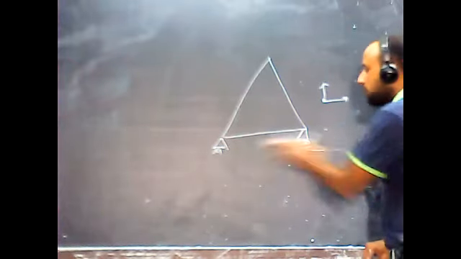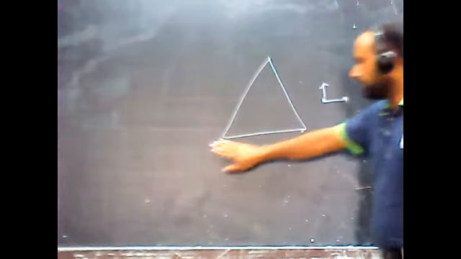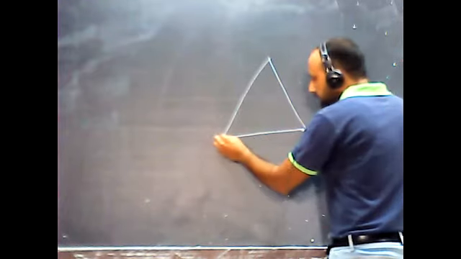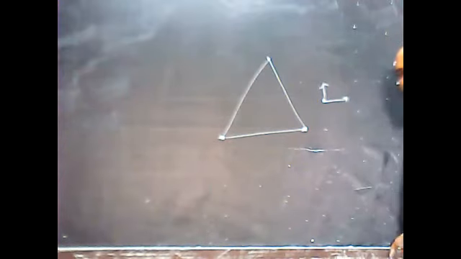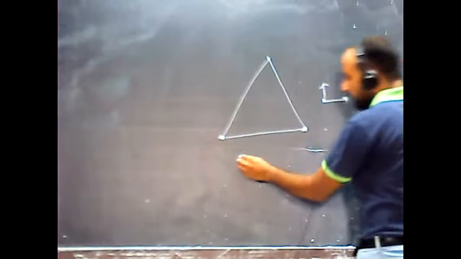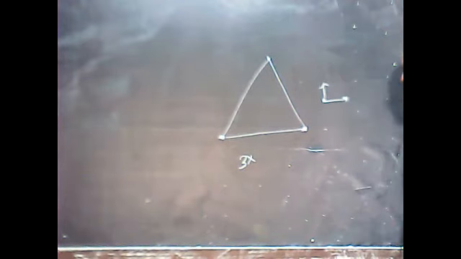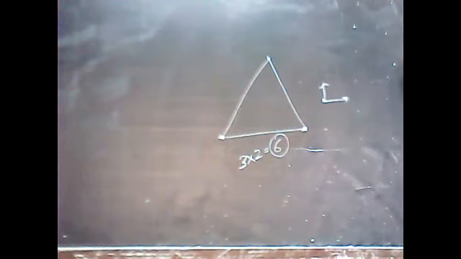So first of all, do not consider these 4 reactions. Just remove them first. Initially, in the structure, we have these problems. Just count the number of joints first. Joint number 1, joint number 2, and joint 3. For one joint, how many degrees of freedom maximum do we have? 2. There are 3 in total. Each joint has 2 degrees of freedom if there are no restrictions. In that case, the total is 6. Yes or no?